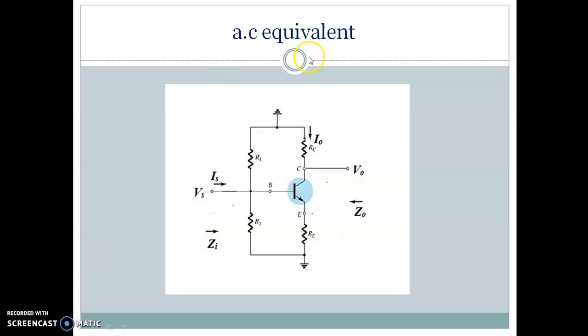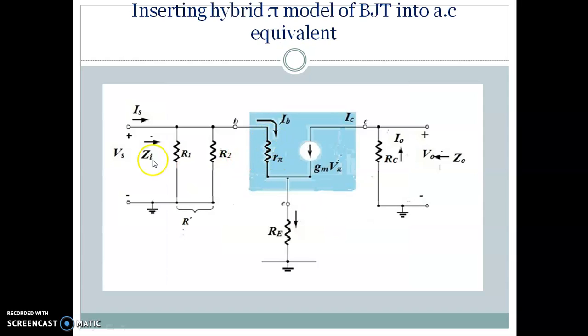Now we'll take up the AC equivalent of the amplifier which we have taken. Your DC supply is connected to ground. The coupling capacitors are shorted. And we have taken the first scenario as without bypassing capacitor, so there's no bypassing capacitor here. We'll do the small signal analysis of that by replacing your transistor with the hybrid pi model. I am not including my R0 because that will make your calculation complex, so I leave out R0 for the moment so that it can be taken as an approximate value.